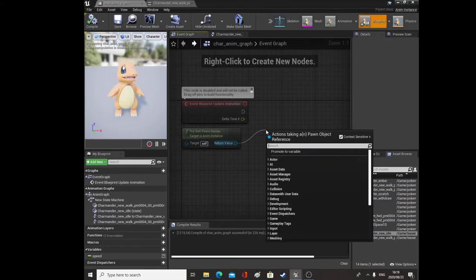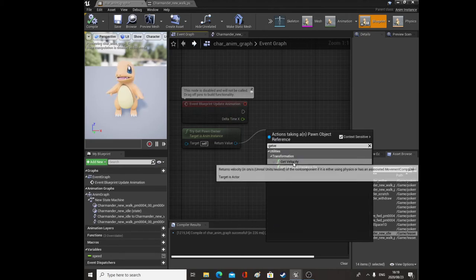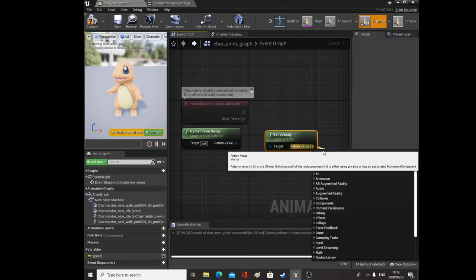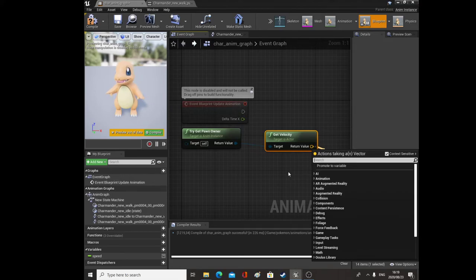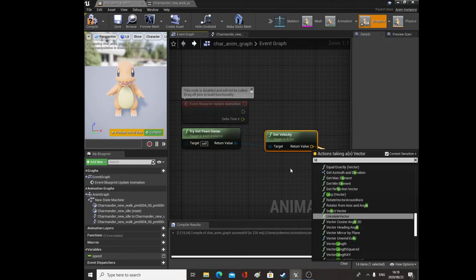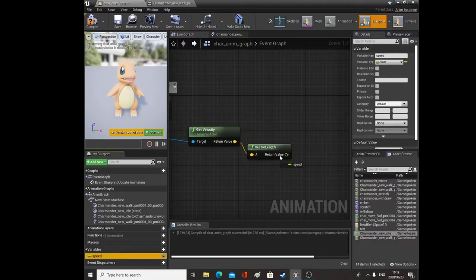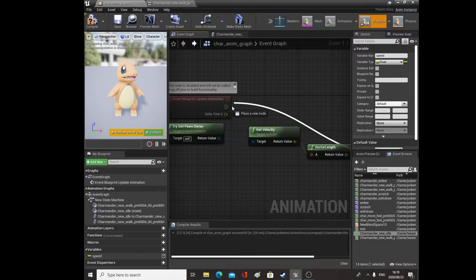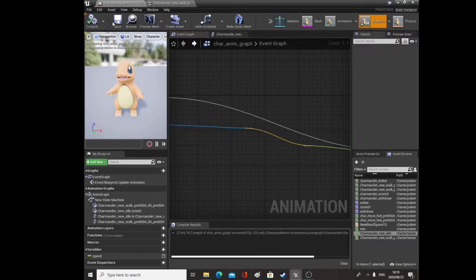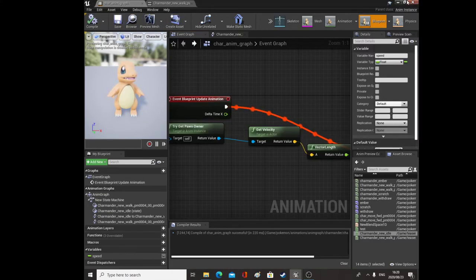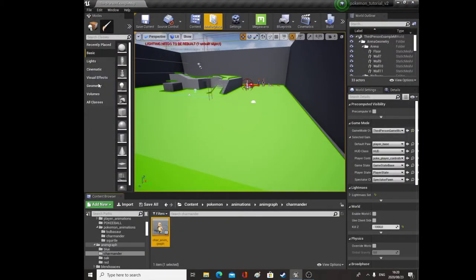So now we're gonna drag off this try get pawn owner in the event graph and say get velocity, and we'll drag off again and we'll say length. So we'll get the vector's length, and then we'll just plug our speed variable into this and plug the execution pin in, and that's all we're gonna do for the anim graph. Sorry that took so long. So we can exit out of that, and now we can go to Pokemon